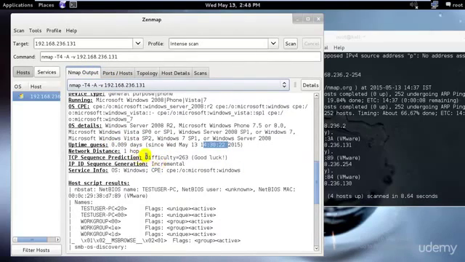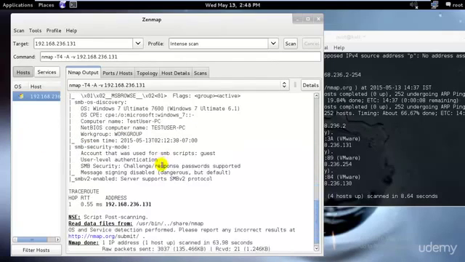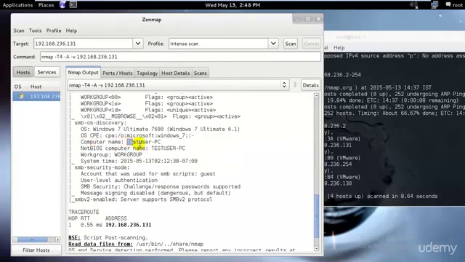As you can see, we have the TCP sequence prediction, that is 263. That means we can easily go ahead and penetrate into that. Again, the operating system is Windows, and we have all the information that we need. So the computer name was test user, since